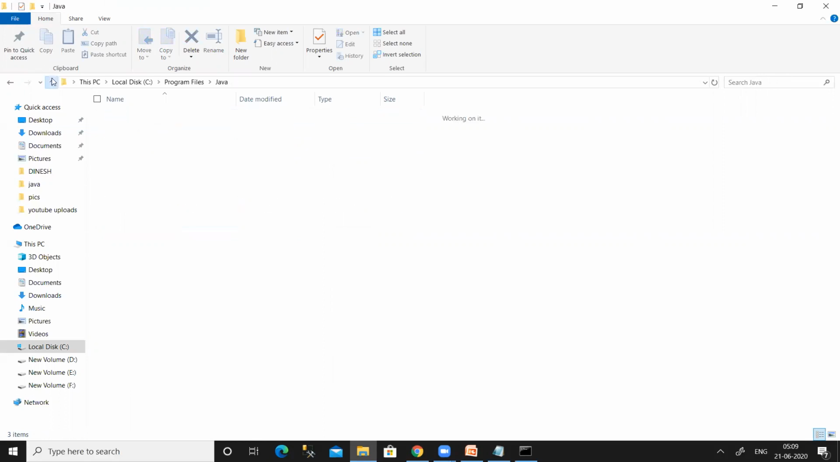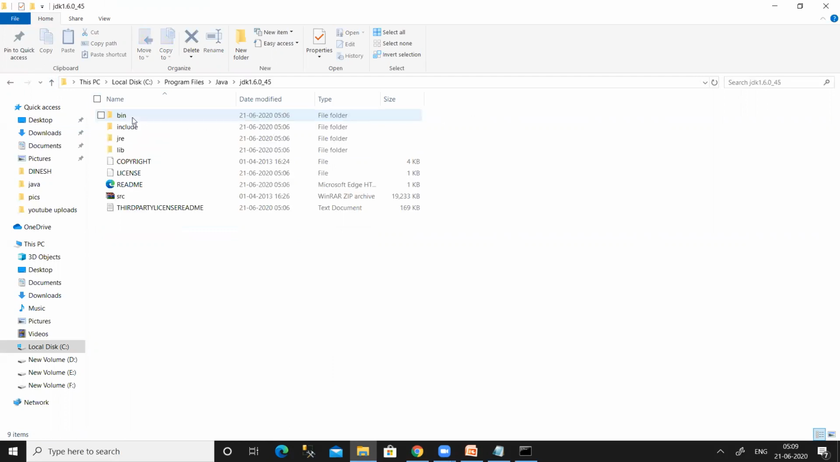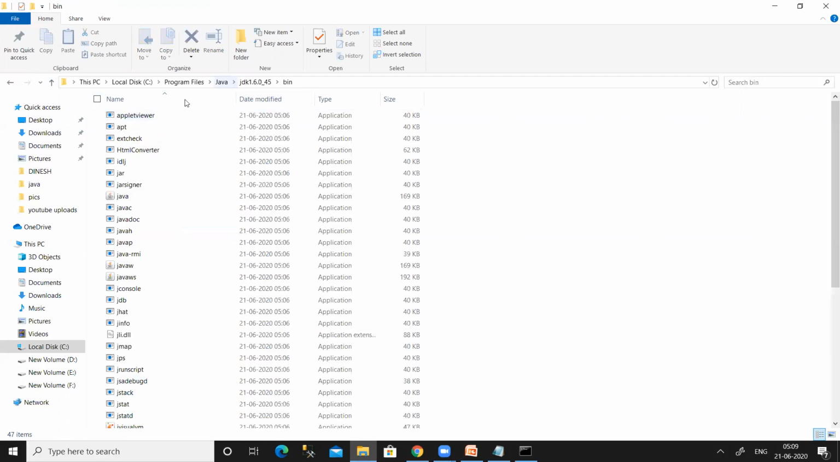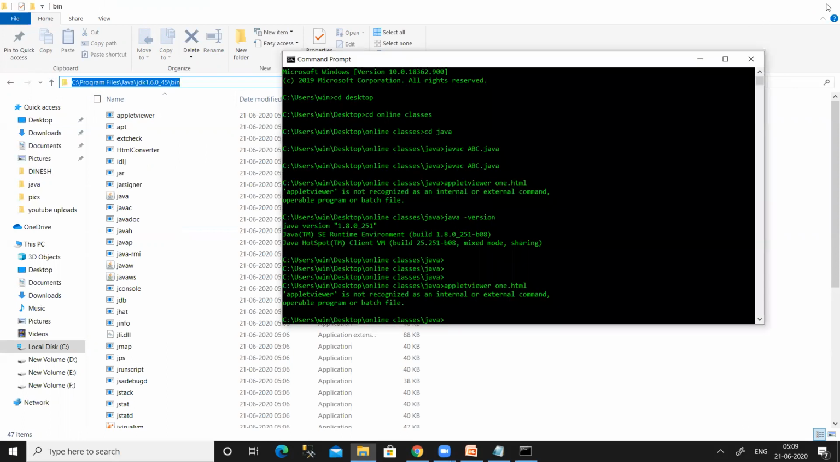I think this 14.0.1 is the new version and this 1.6.0 is the older version. Just copy this particular address wherever you have saved the JDK files. Copy this, open the bin folder and copy this particular address. And after copying this address,